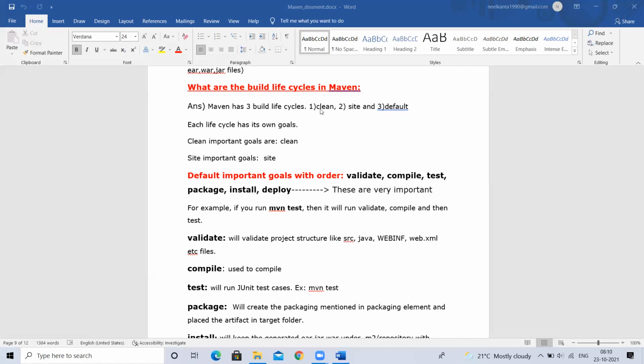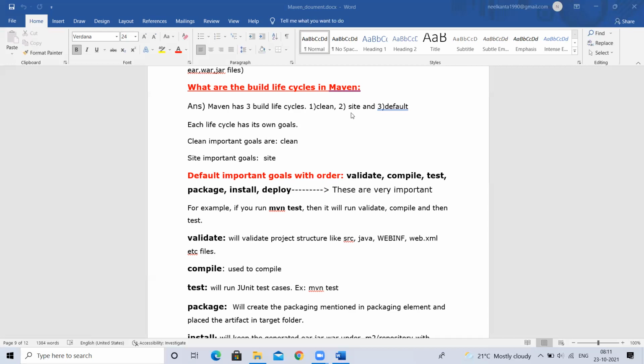So remember the Maven lifecycle: Maven has three life cycles. One is clean, one is site, one is default.